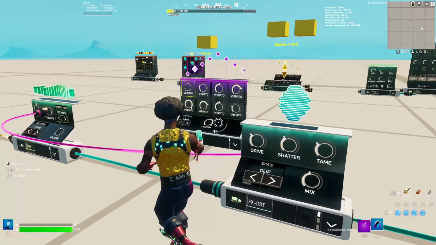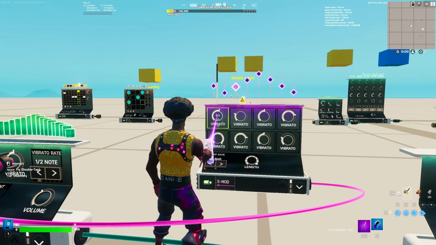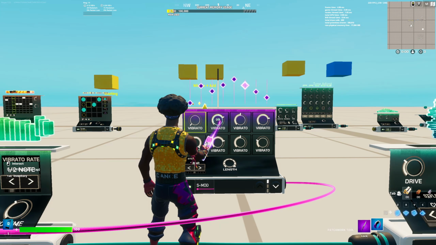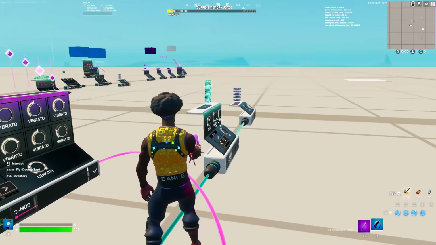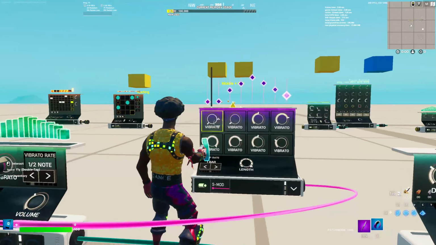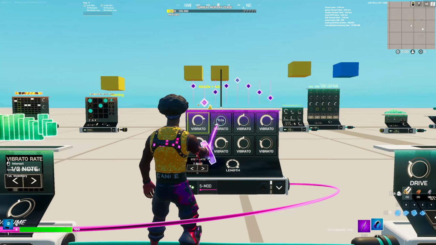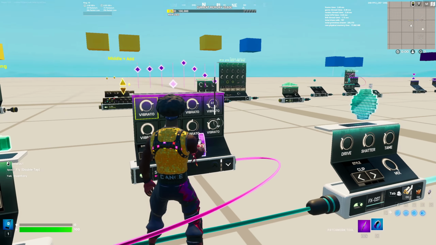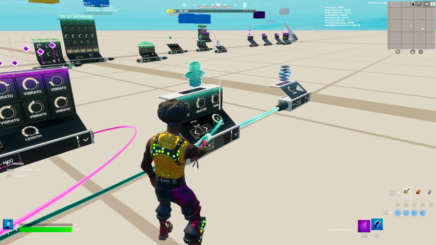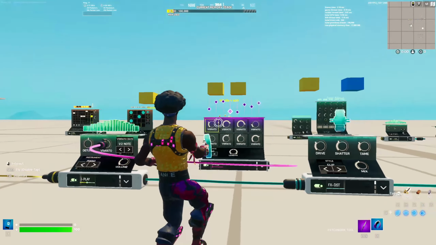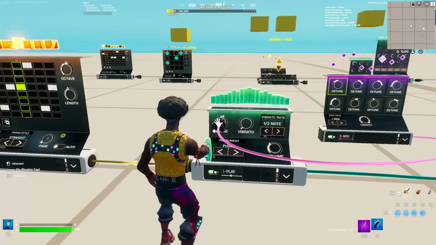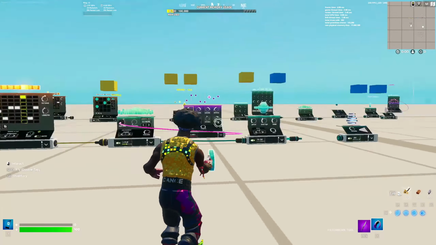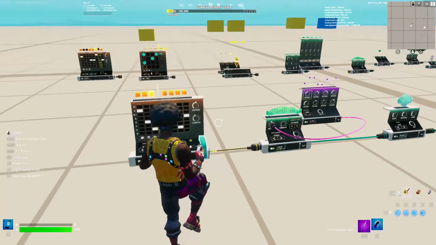Let me plug my music in, and you can turn the vibration up and down for every part of the song. I'll let you listen to this right now. As you can see, all these things have different vibration effects. If I switch it over to detune, they all turn to detune and it sounds different, just like this. So that's basically the basics of how the note tune thing works.